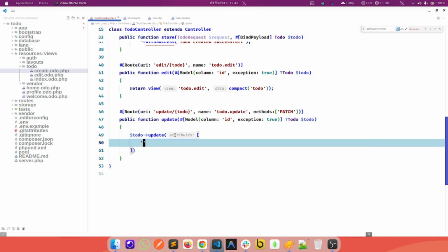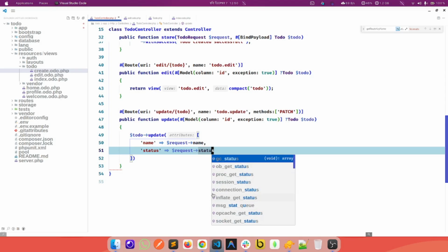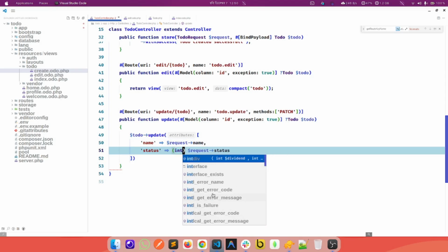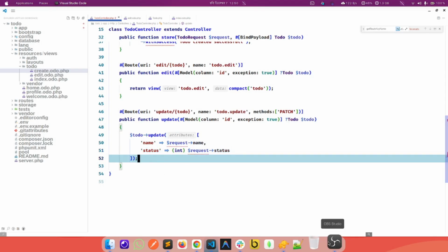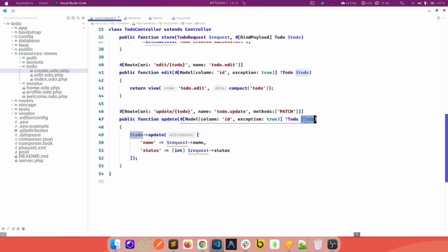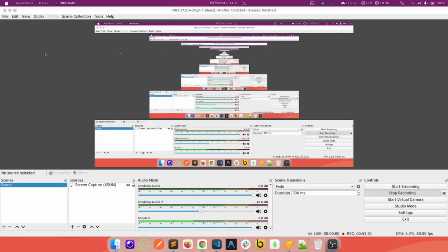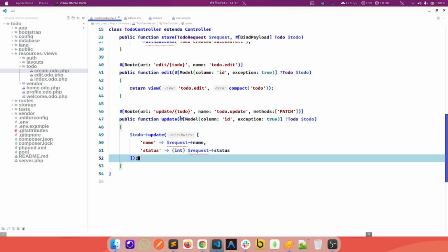What we can do to update is: name will be request name, status will be request status int. Now, let's see how we can update. So our to do is there, just look at that. Now just update, take the request from the request,